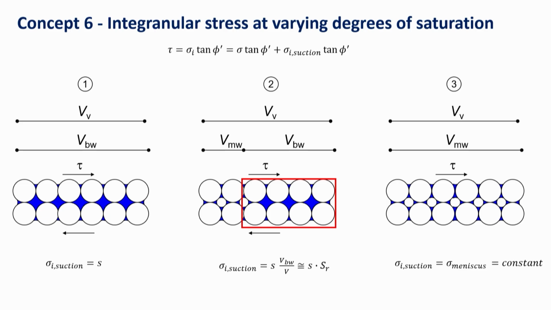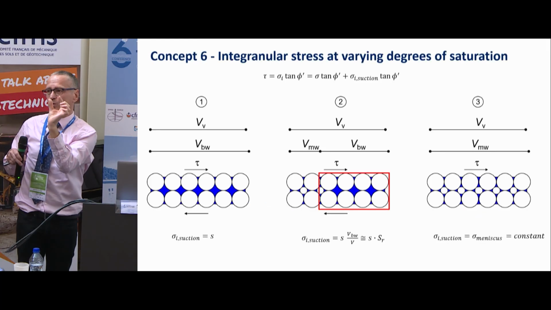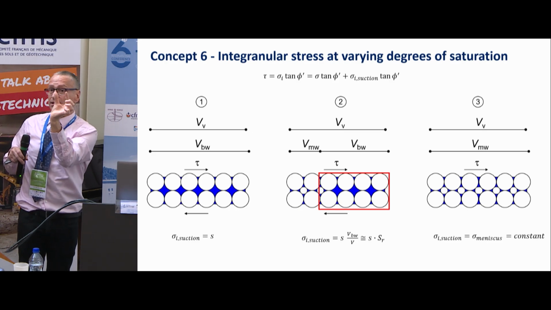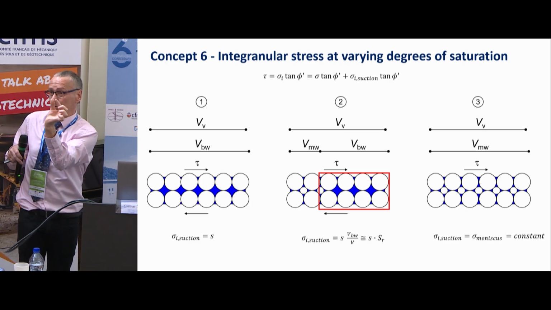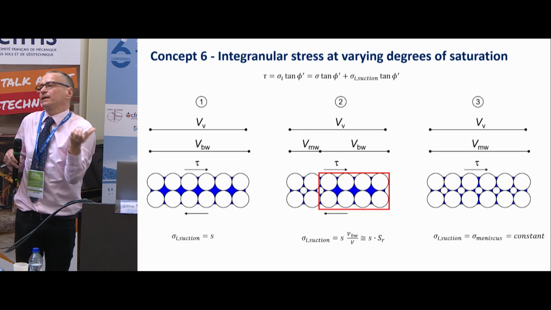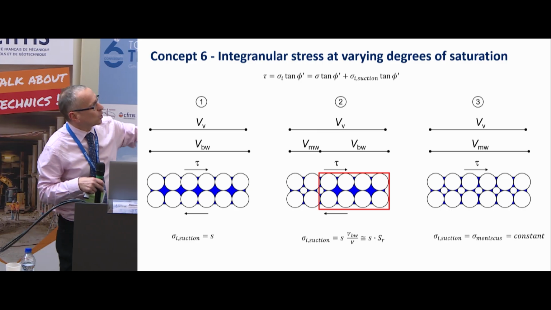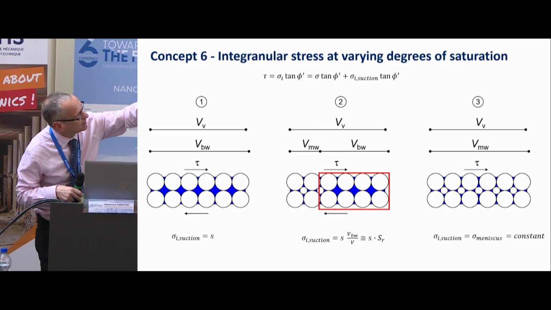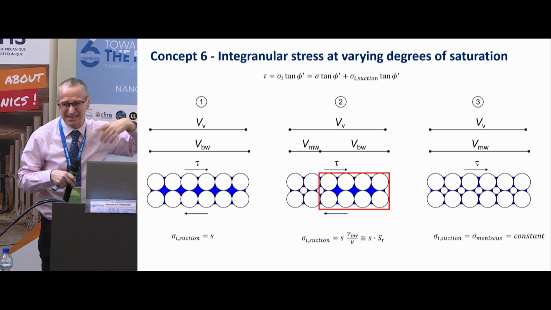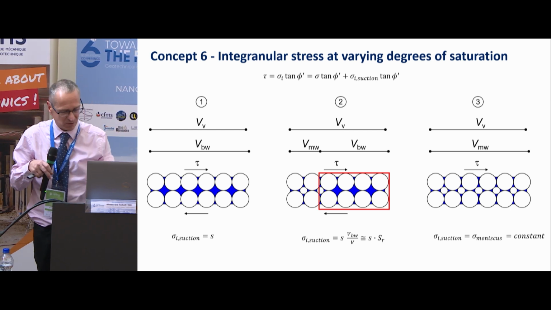You can demonstrate quite easily mathematically that when you are at that stage, even if you are changing the suction in the meniscus because you are changing the configuration of the meniscus, the intergranular force is not changing much. For one simple reason: when the suction increases, the meniscus has to retract towards the contact point, and the contact area is decreasing roughly. So this is the case when the intergranular stress is constant, in the sense that it is independent of suction.